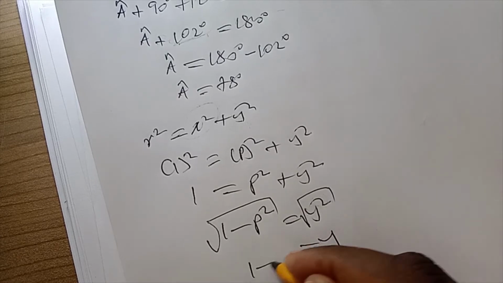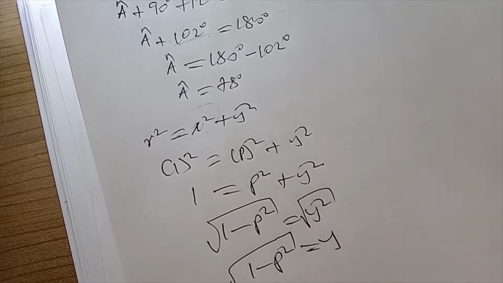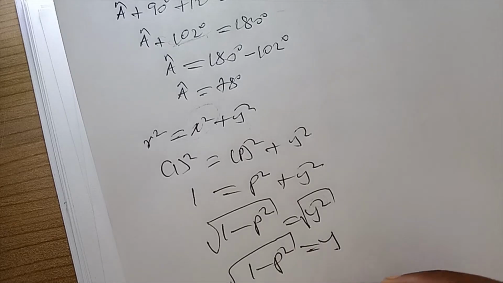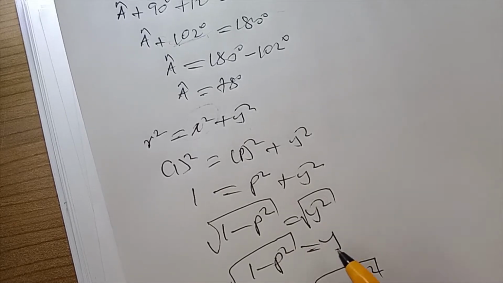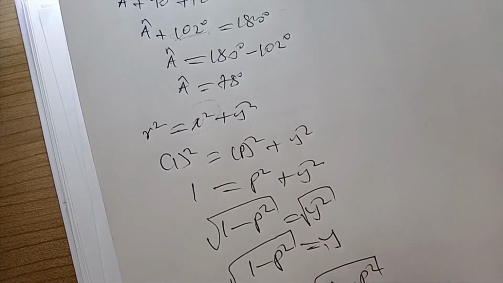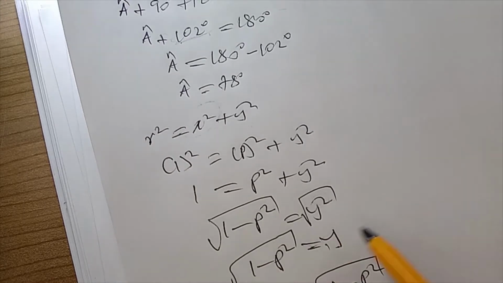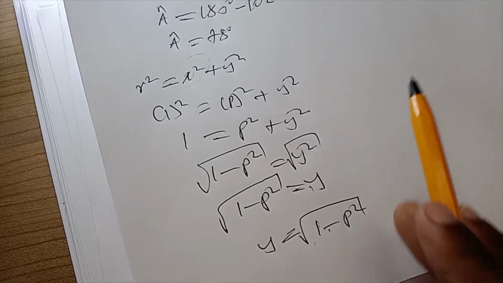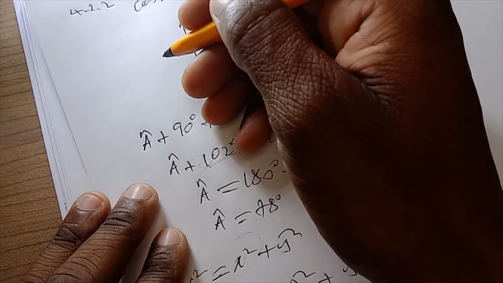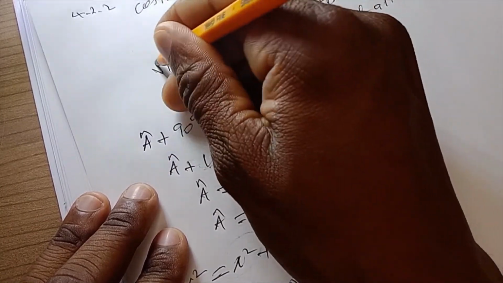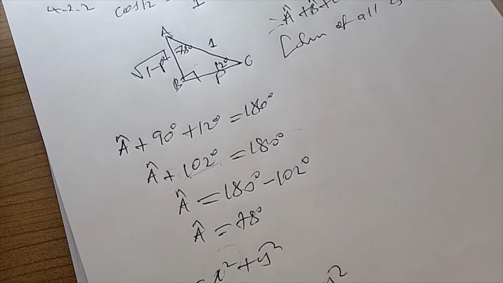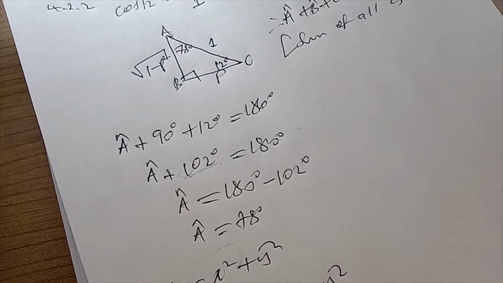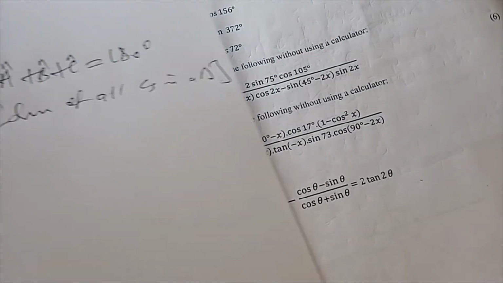Then here we're going to have the square root of 1 minus p squared like that, okay? You can arrange it like that. This one is the same as this one. When you swap, there is no change of sign, okay? Then this side should be the square root of 1 minus p squared, all of it under the square root, okay? Then now we can answer the question there, okay? They are saying that